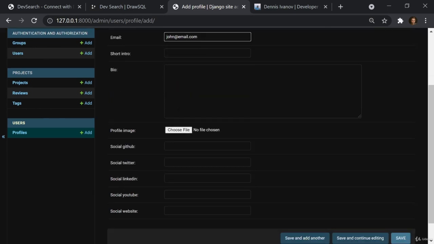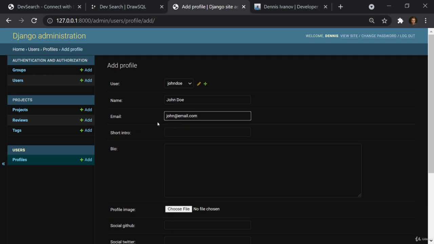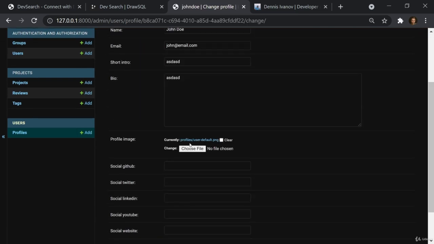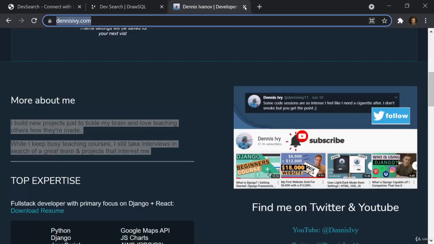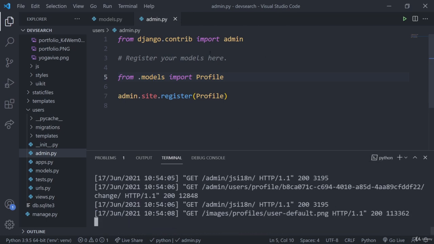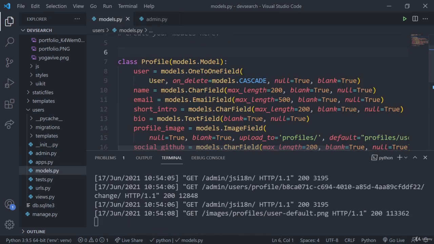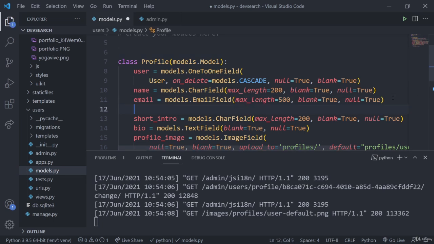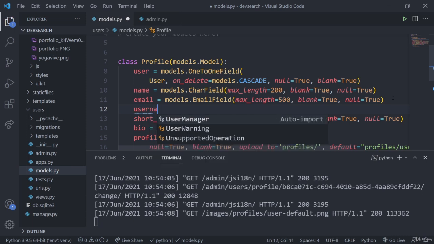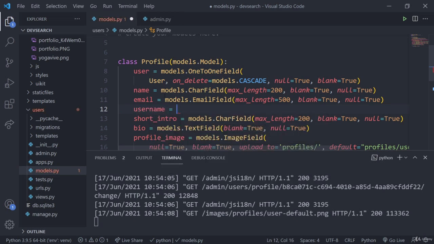Let's see. And I just realized I did not add a username field, so we're gonna have to add that. So for now, let's just go ahead and do this. Let's save it, and let's see. Perfect. John Doe was connected to that default image. So really quick, we're actually going to do a few things here. I'm going to go back to my user model, and I actually want to create a username field here. That's just going to replicate what's in my user profile, and it's going to make it easier to actually access that. So we're just going to say username, and we're going to go ahead and throw in a CharField here,